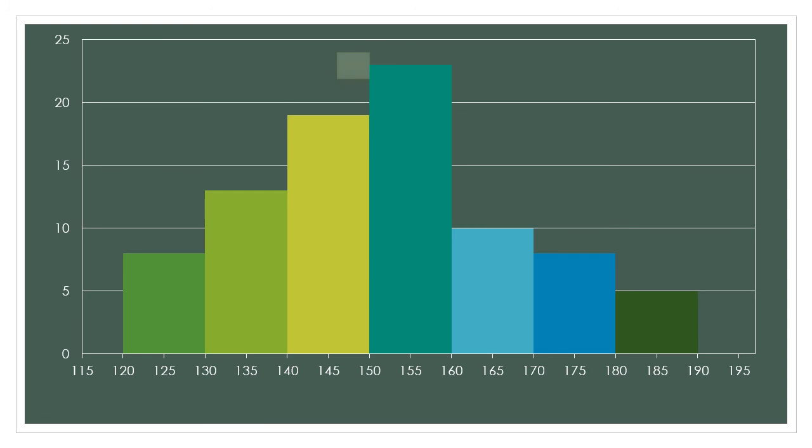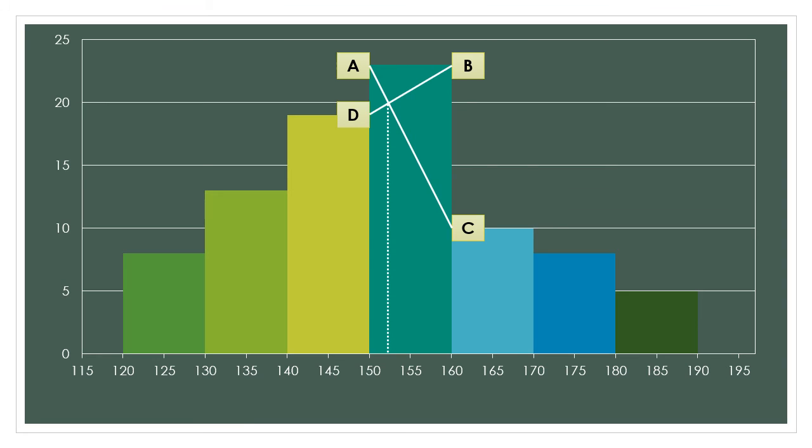Next, we have to depict the points A, B, C, and D, and then connect these points, B with D, A with C. I hope you guys remember which points we are supposed to connect here. The intersection, I will take it directly to the x-axis, and the value there looks like 152. According to our formula we calculated 152.35 grams, but because this is a graph paper, 0.35 is difficult to calculate, so I'm just going to keep it as 152 grams.